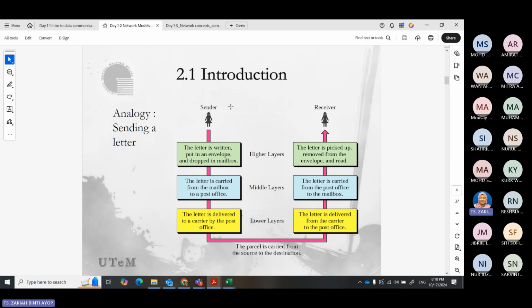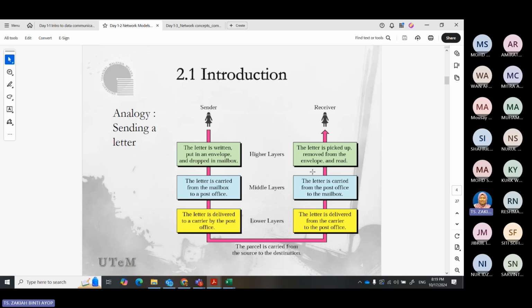In this case, the example is sending a letter, which tells you we have a division: higher layers, middle layers, and lower layers. Each of these layers has its own functions and its own protocols that need to be confirmed from one end to the other.